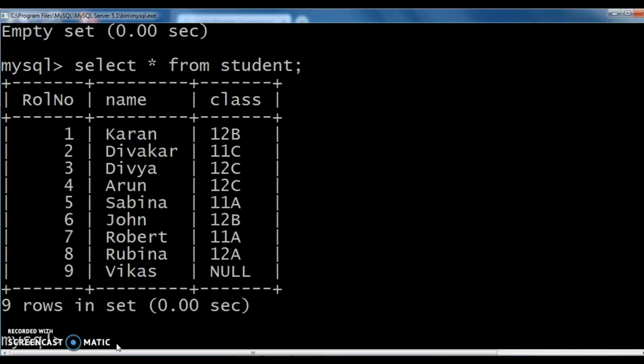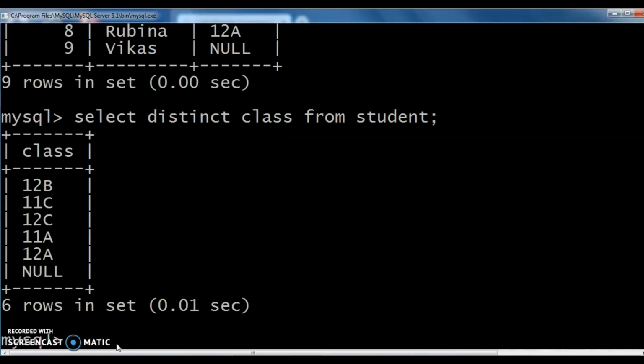That means eliminate the duplicate values. How can we apply this statement in this student table? We can use the distinct keyword. Select distinct class from student. Check this one. Clear? It eliminates the duplicate values from that class field.